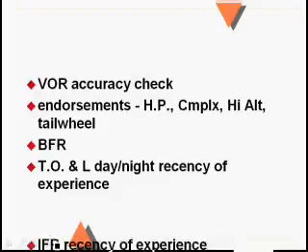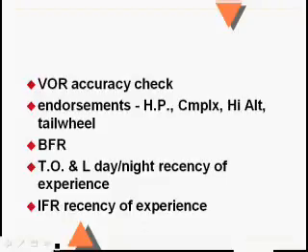If you're going to go fly IFR, there are certain recency of experience requirements in the last 6 months that you have to have taken care of. Usually you write that down in your logbook, and usually you take your logbook with you. It's got to be written down somewhere, certainly, and it's got to be available in case the FAA wants to see it.